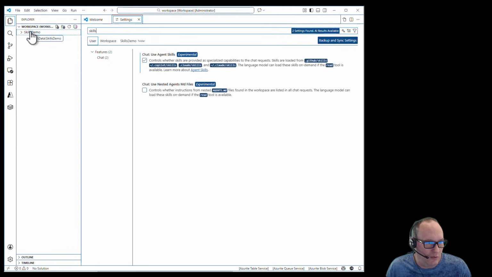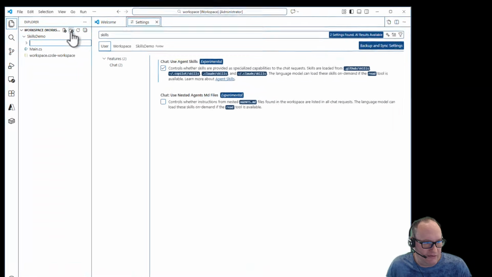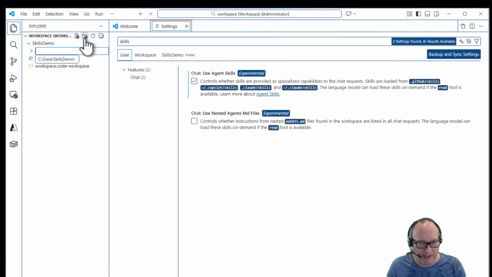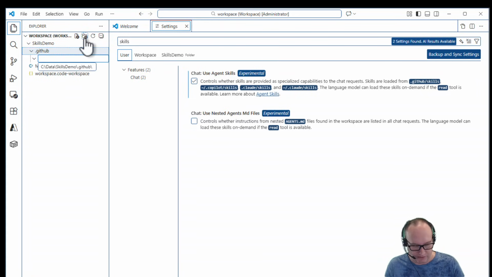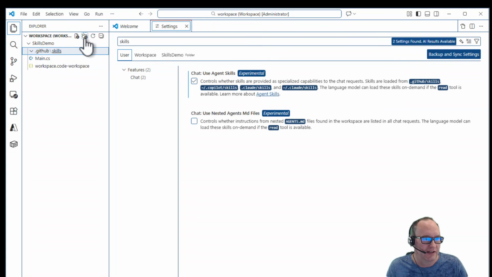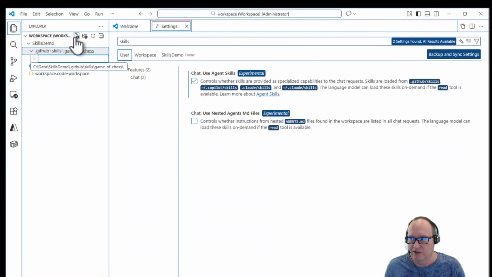I'm now over here in a workspace. And the first thing I want to do in my workspace is create a new folder. And as we saw right here, it needs to be called .github. Then inside there, I'm going to create another new folder called skills. And then I'm going to go ahead and create a folder that's going to house our agent skills components. Now this is going to be called game-of-chess. And then inside here, I create a folder simply called